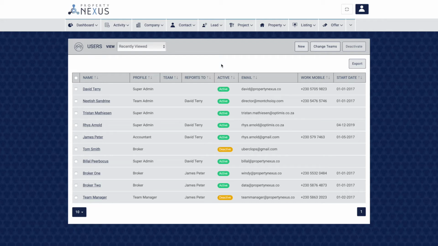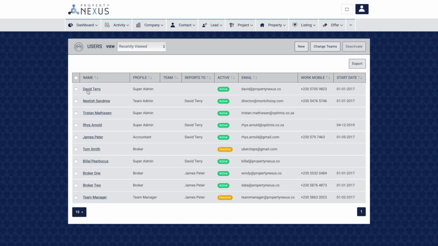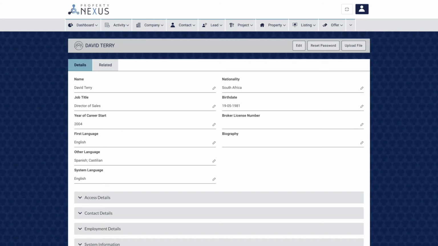To reset the password of a user, go to the Users tab accessed through the Profile button in the top right of the screen for those profiles that have access to this module. Open the record for the user who needs their password reset and click the Reset Password button in the top right of the page. An email will be sent to the user's email address with a link to create a